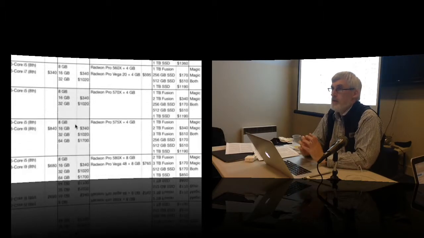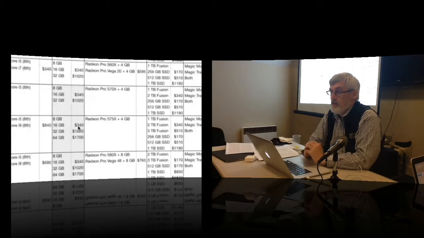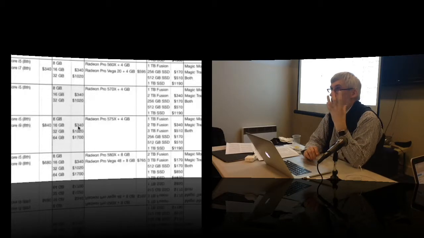On the other hand, if you're getting a 27-inch iMac and you think you need more than 8 gigabytes, it's a very good idea not to buy it from Apple because it costs so much. The cost for getting the 16 gigs is still $340, but those machines have got an access hatch. They normally come with 2 memory modules, so there are 2 empty slots. So you can go and buy the right sort of memory from anywhere,